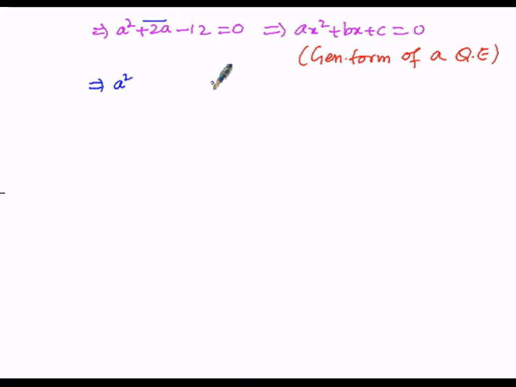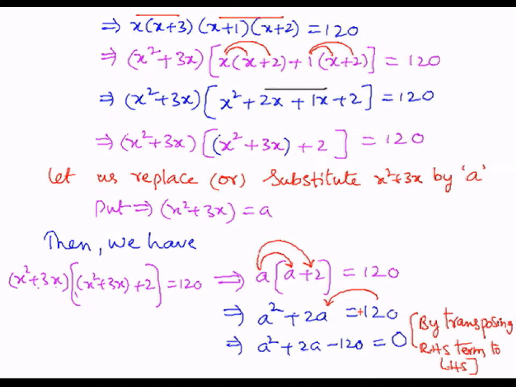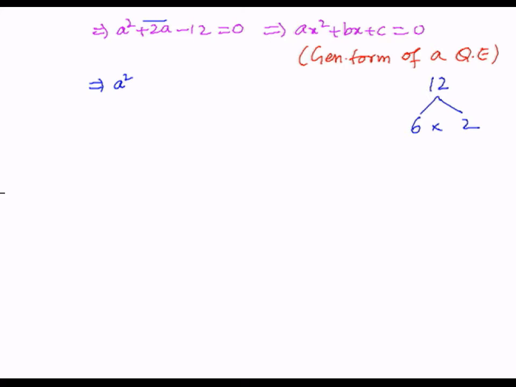We can find the factors of 12 as 6 into 2 is one form of writing the 12, and the other one is, but here as per the problem it is of minus 120 equals to 0. Therefore, here it is of a square plus 2a minus 120 equals to 0. So, here 120 can be written as